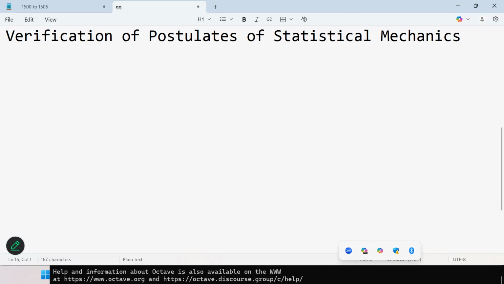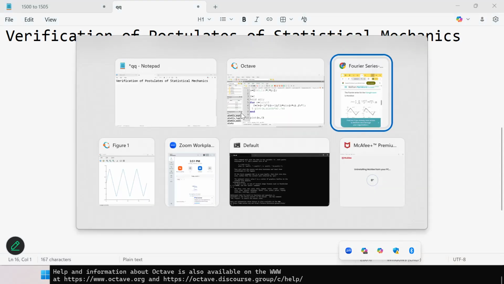So we'll try to simulate that coin tossing experiment in MATLAB. And we try to simulate further how a class average comes out to be a bell curve. So the final outcome, the expected outcome is like